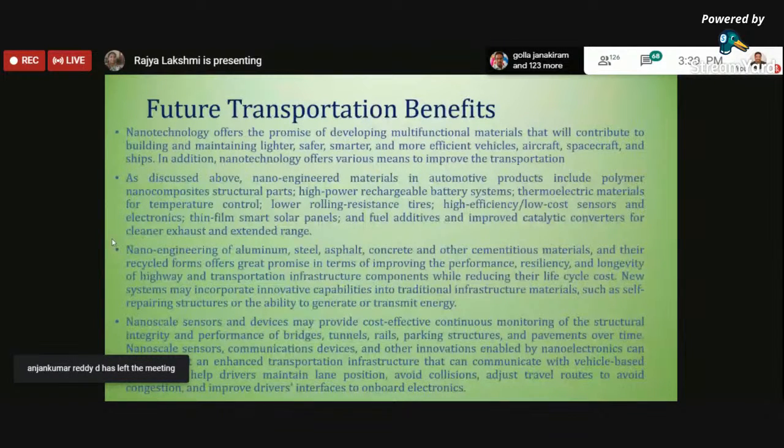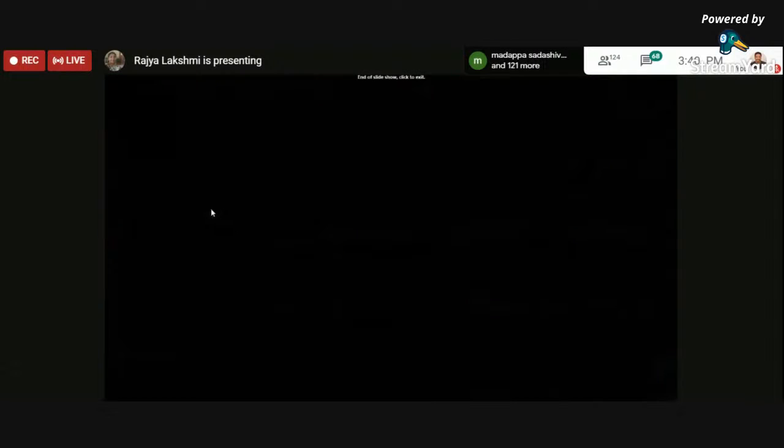So we are trying to provide smartness by adopting these nanoscale sensors during construction, so that we can know if there is any kind of damage to the particular infrastructure, the particular bridge or tunnel or whatever it is, so that we are able to reduce the risk to humans when they are traveling on a particular bridge or road or tunnel. These are some of the examples, especially.